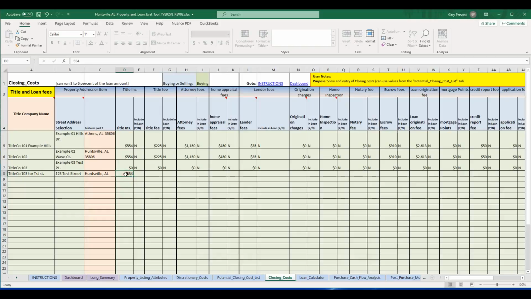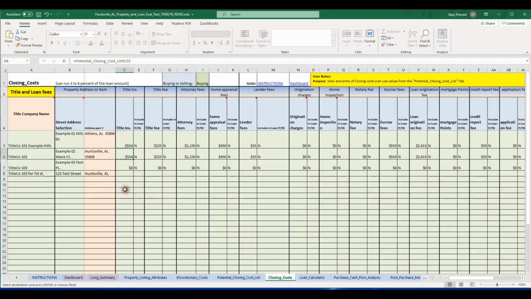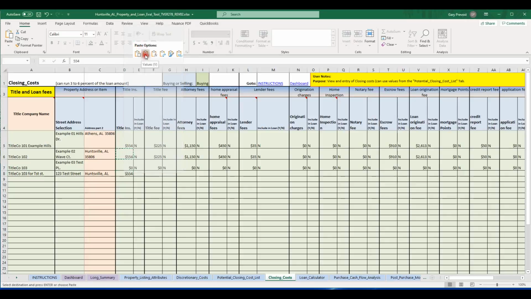But let me delete that, and let's say you want to copy it. It's very important that when you copy data, you do a copy paste values, and I'll show you how to do that. So highlight the cell, I'm going to right click, select copy, put the mouse cursor and click on the cell where I want to copy it to. I'm going to right click again, and don't select paste. Under paste options, you want to use this 123, which is values. The reason for that is